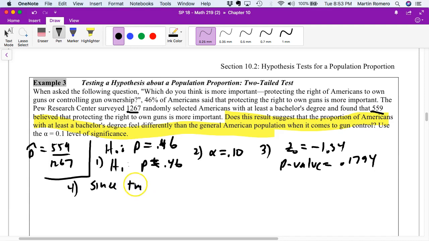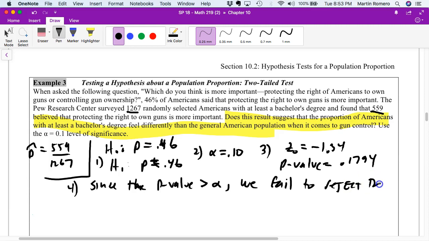Step 4, what do we say? Since the p-value is greater than alpha, we fail to reject the null hypothesis. So that means we're essentially saying we're going to accept the null hypothesis. And in this case, since we failed to reject, that's important, failed to reject, what we're going to end up doing is saying